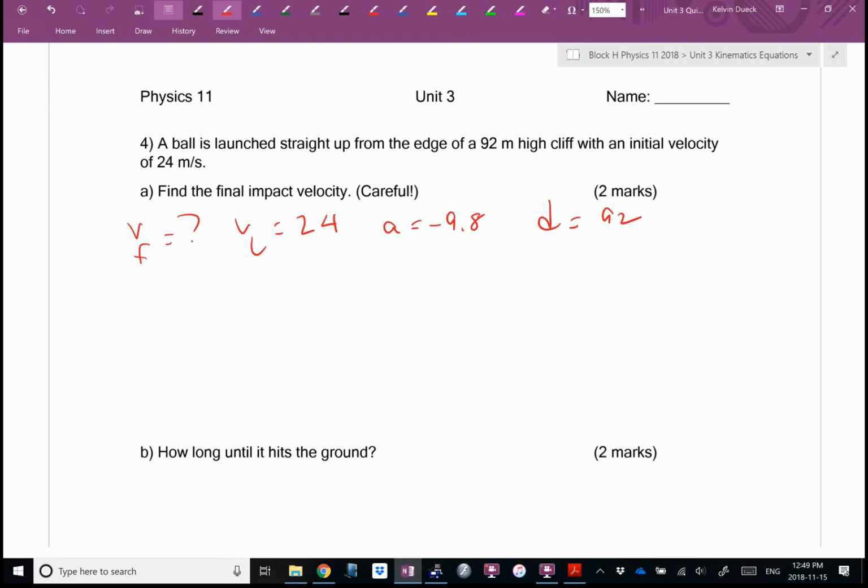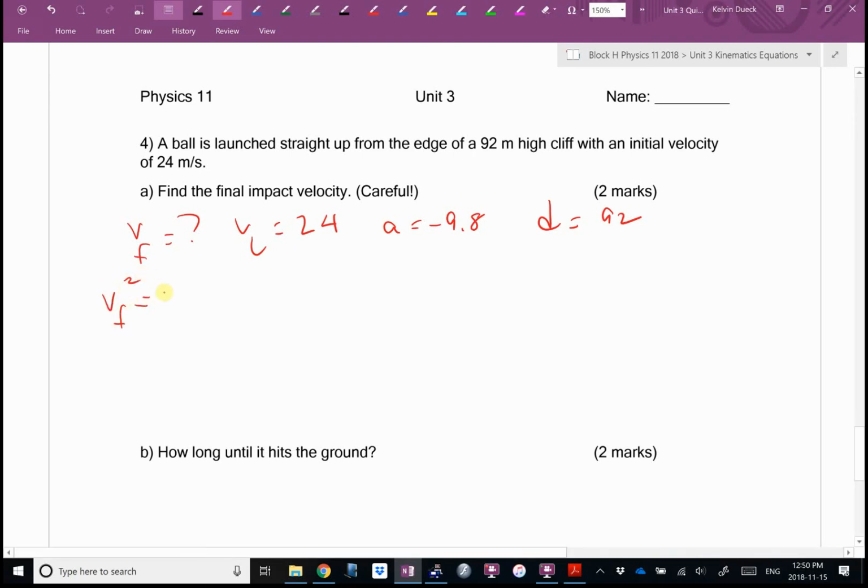Yeah. It's negative 92. Okay, the problem is when we're on a cliff, if we're ending up below where we started, our displacement is negative. If you miss that, sometimes you'll get an error on your calculator, which at least gets your attention and suggests go check your signs. Sometimes you won't get an error on your calculator. So